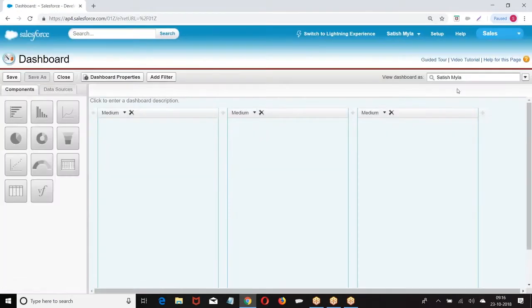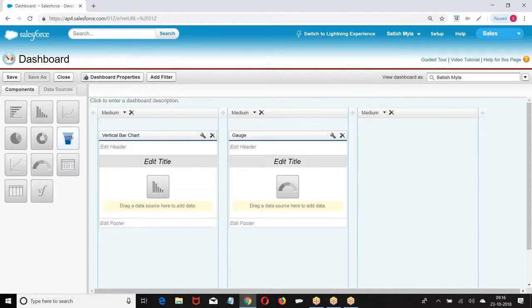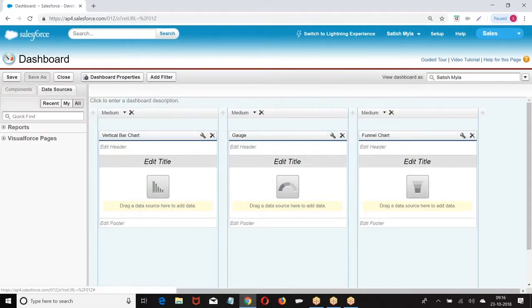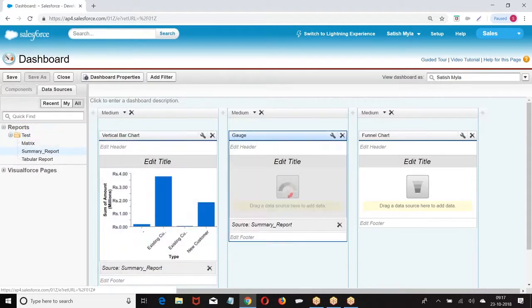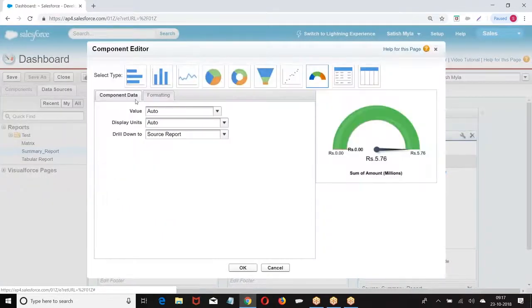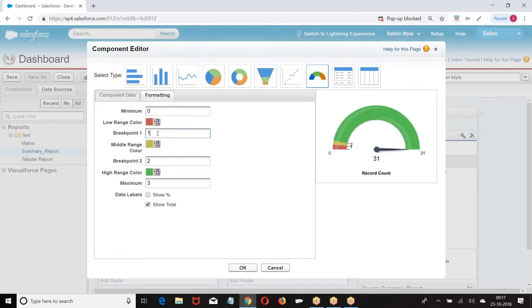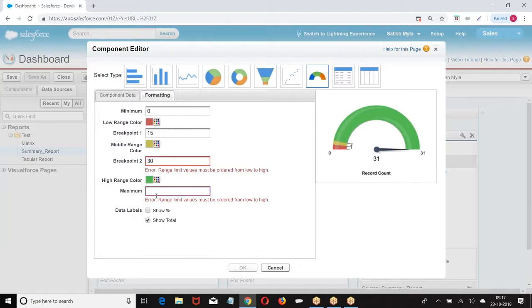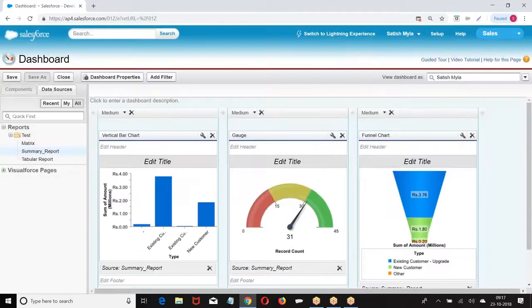Go to dashboard. Go to data source. Right. This is how we create.